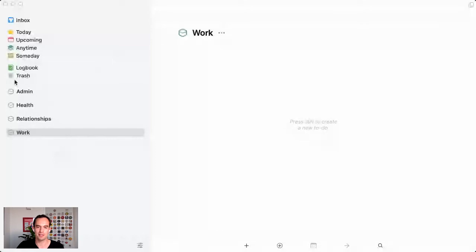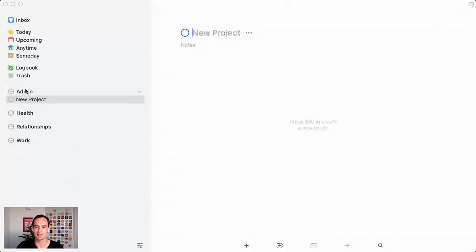So you've got the basic organization here, and then you want to have projects. This is pretty straightforward. Create a new project. And like I said, top level organization is these roles. Below that, we've got the organization where we're at the level of what are projects that you can complete. So what is an admin project that I recently did? I hired an accounting firm. So, hire an accounting firm. That's something that I did, which I think of as an administrative thing.